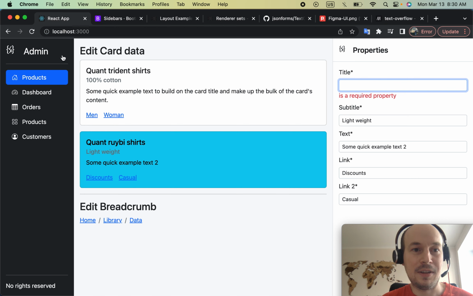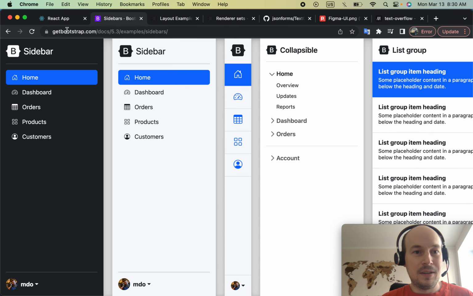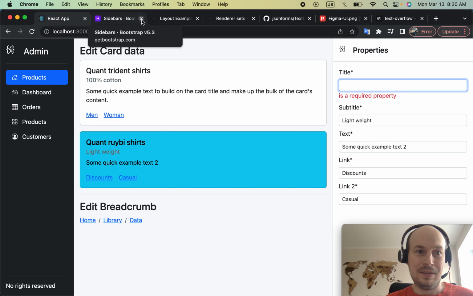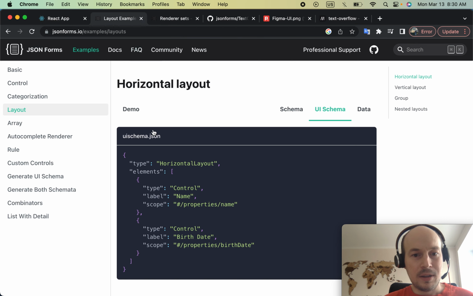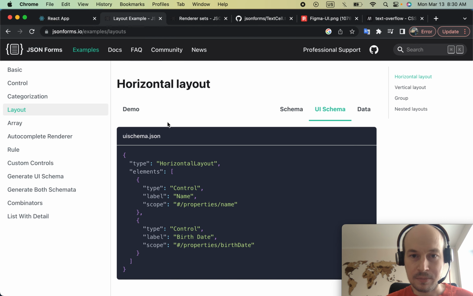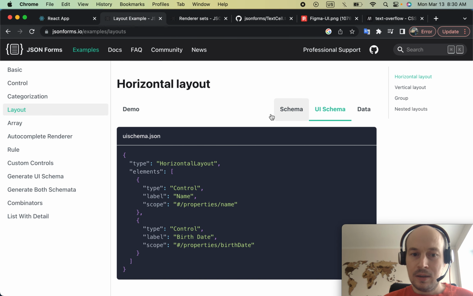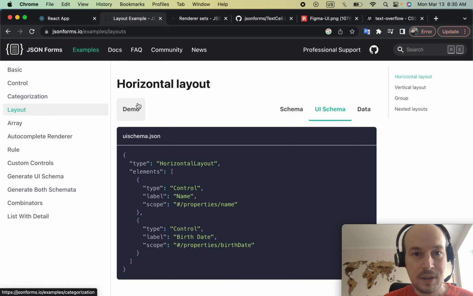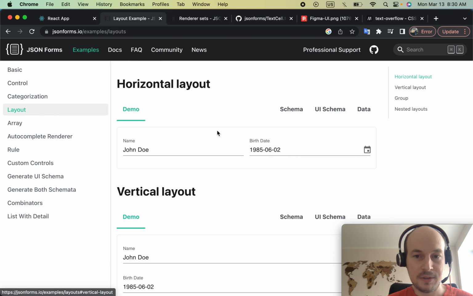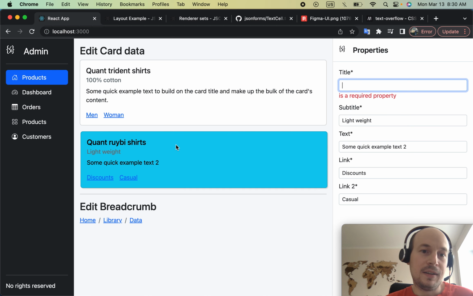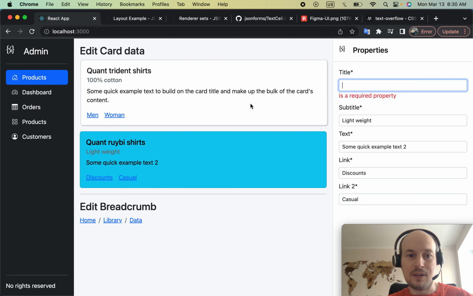me, and this is just a template from Bootstrap to just have a visual representation similar to some admin panel. Well, I am using JSON Forms for my side panel on the right, and in these examples on their website, they do show that you could have layout for the form, but in this particular example, I cannot actually always rely in admin panels that my UI